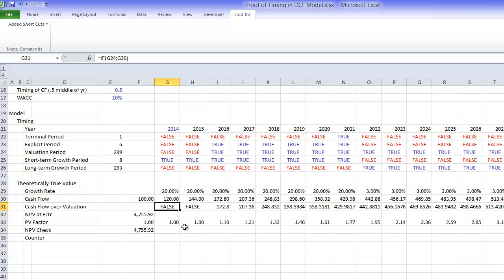Now, the thing you really need to understand is that the reason you make a half-year assumption is because we get cash flows in our annual model fiction. We really need a day-by-day, hour-by-hour model. And if we make a model that we don't receive these cash flows all the way at the end of the year. Okay, so we can make a counter, which is the same sort of thing, really,